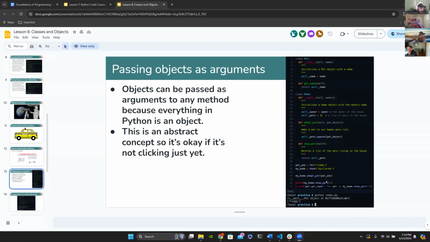Here, they only have one pet. They adopt them on line 34, and then they print the show pets, and then they get the name. On line 36, when they print the list of objects, we see it's a list, it's in brackets, but the object itself is hashed, right? So you can't read it, it's just telling you the location of where it's at, because you can't just print